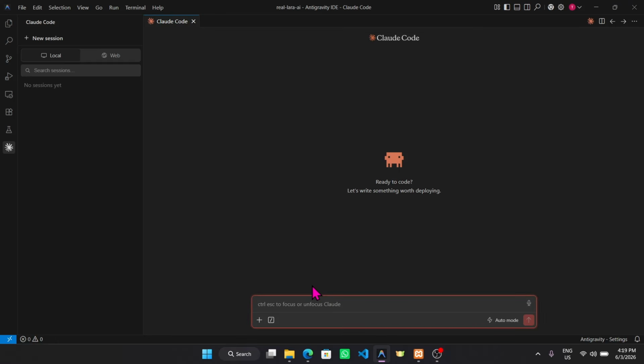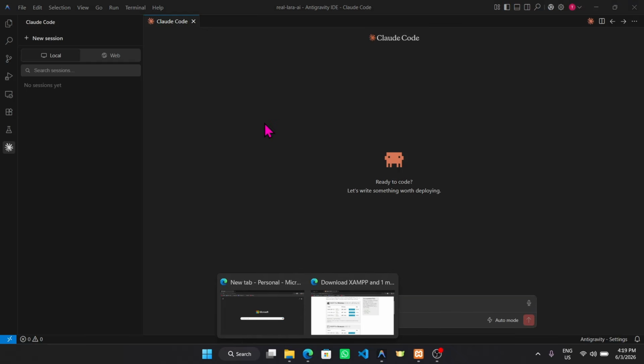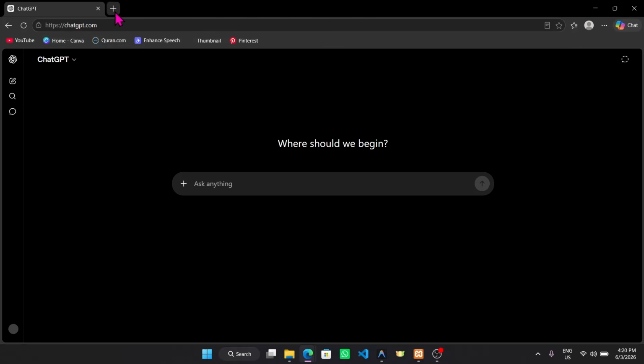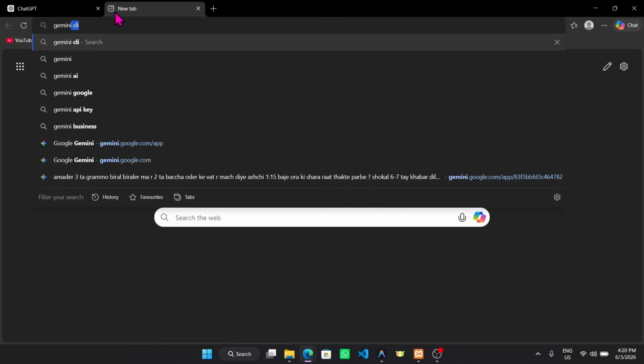So you need a fully functional professional prompt for this. So let's go for the prompt. For the prompt we are going to use ChatGPT. Let's go for chatgpt.com. You may use Gemini here also. So let's use Gemini. Okay, Gemini,